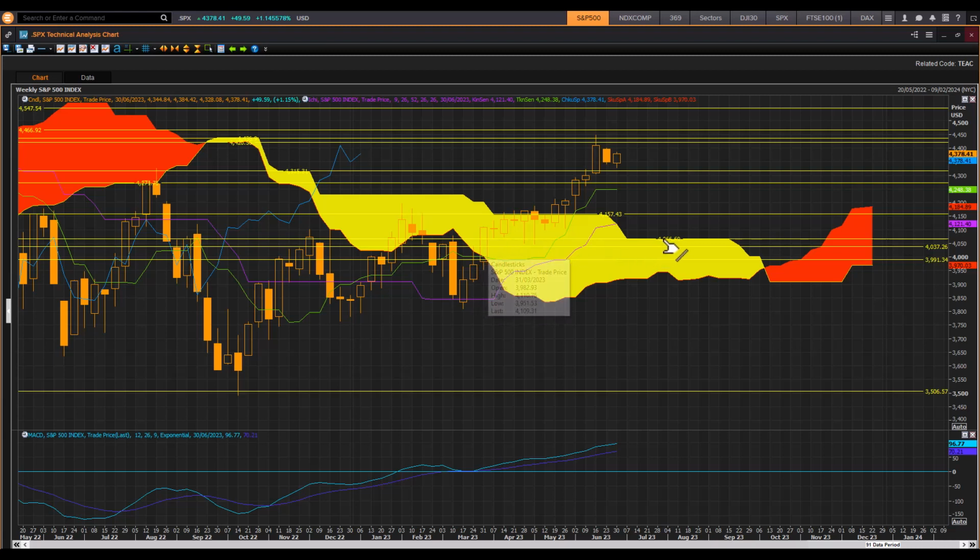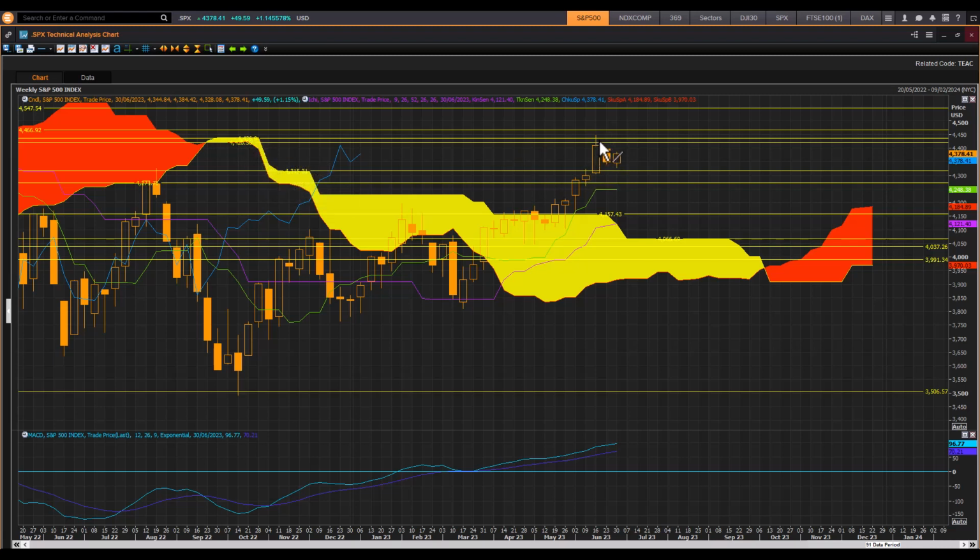through front end cloud chart resistance of 4,066, and then struggled for a couple of weeks to get past this 4,157 front end cloud chart resistance zone, top end cloud chart resistance zone, front and top here, and then managed to break through that after a couple of weeks. Just a fantastic strong breakout through there. That then activated the upside resistance targets of 4,315, 4,420 and 4,436, and then the market ran into